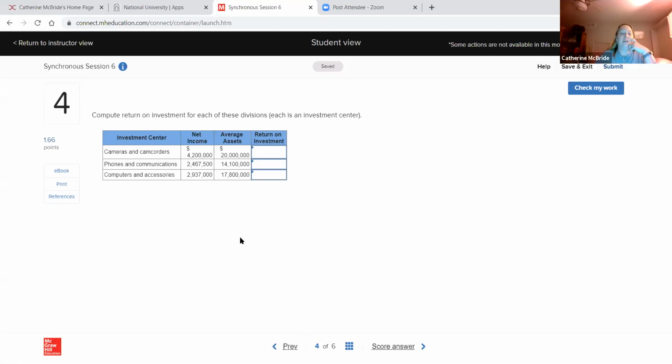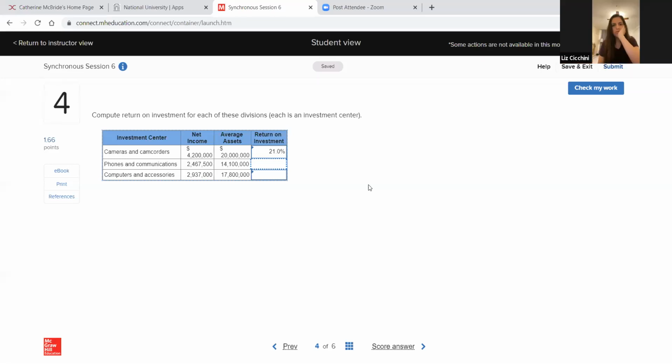Return on investment for each of these divisions. So what is the formula for return on investment? We're going to take net income divided by average assets. So our net income is 4,200,000 divided by our assets of 20 million. Is 21%. And here we'll take the 2,467,500 for net income divided by our average assets